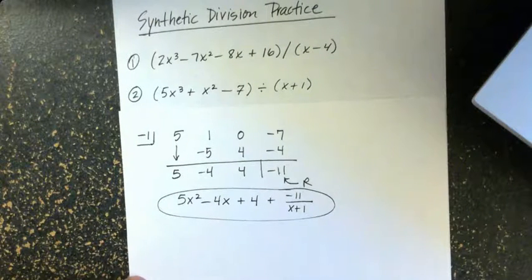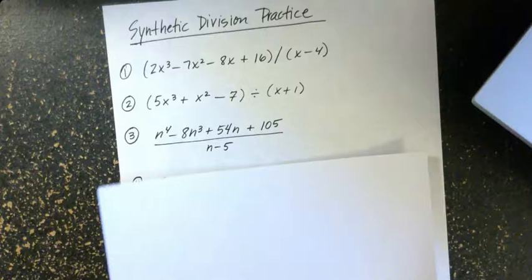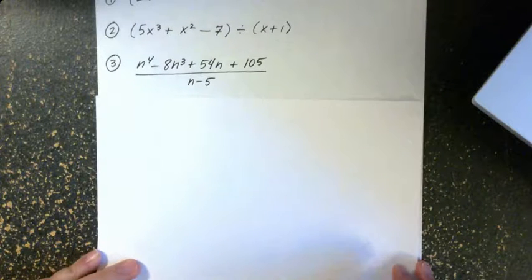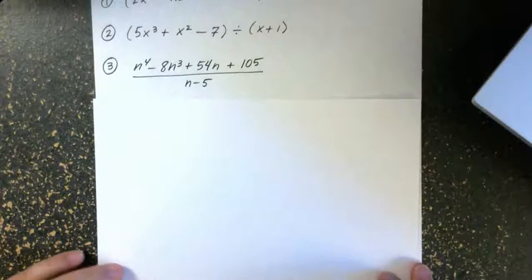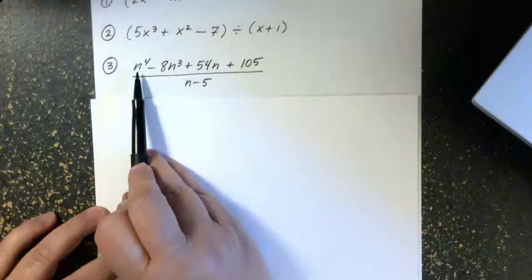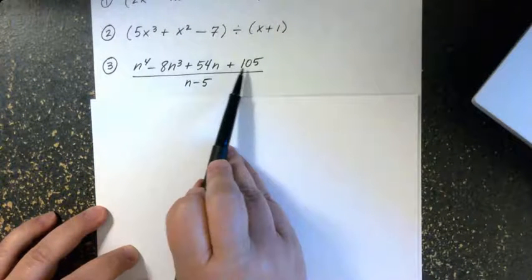Number 3. Okay, this is division still. I just wanted to write it differently to remind you that fractions are division. It can be written in fraction form. All right, let's see if we're missing any terms. Do we need any placeholders? We do. We don't have an n